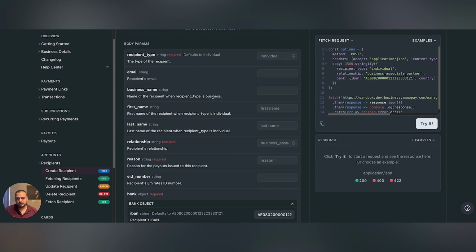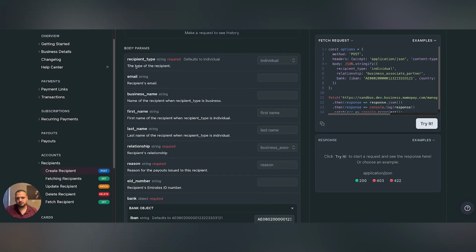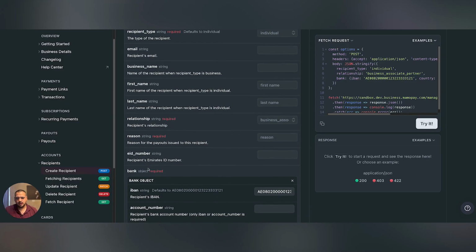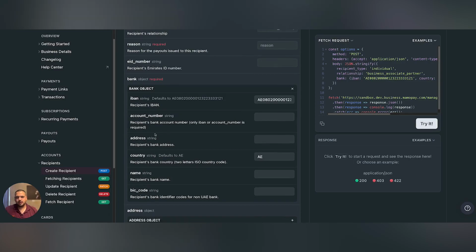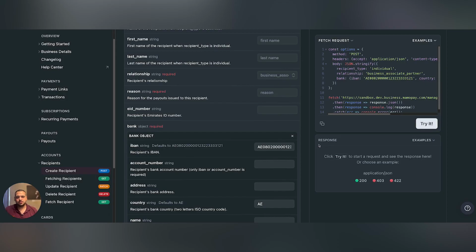You need to fill out the required ones, which are of course the recipient type, whether it's an individual or a business, the relationship between your business and the third party, the reason, and of course the bank account. The rest are optional. After that, Mamo will return to you a recipient ID. You should store that recipient ID because we're going to use it later on to pay out the merchant. We're going to use that ID to pay out the